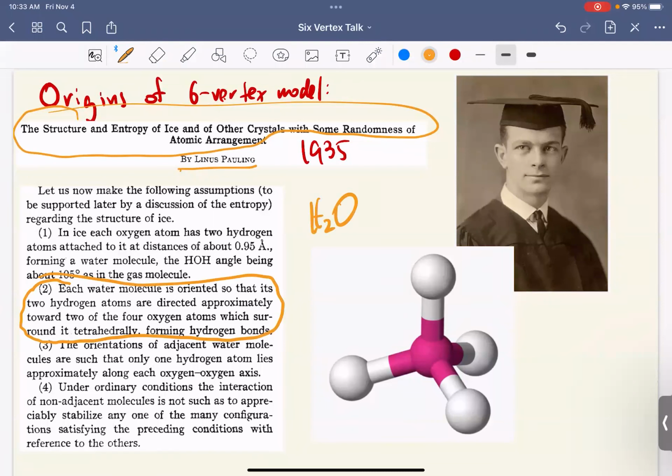There are four white dots. That's true. So there's an oxygen atom here, and I only drew one of the oxygen atoms, but you can imagine a lattice of structures like this, where there's an oxygen atom in the middle, and around it are four hydrogen atoms. And then there will be another oxygen atom over here, which is kind of close to this hydrogen atom.